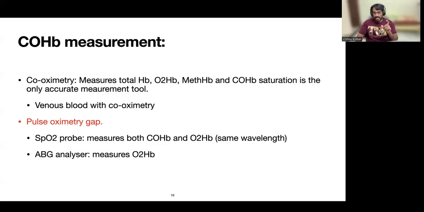So that is what we call a pulse oximetry gap. The pulse oximetry gap is basically the saturation probe that you have, which is also going to measure your carboxyhemoglobin. But the arterial blood gas that you take is actually going to measure your oxyhemoglobin. So there, the value will be less. If there is a significant difference between both of them, you can call it a pulse oximetry gap, and that is where you